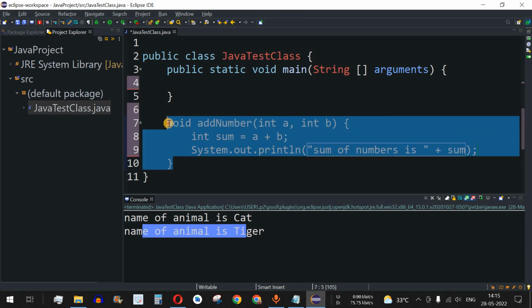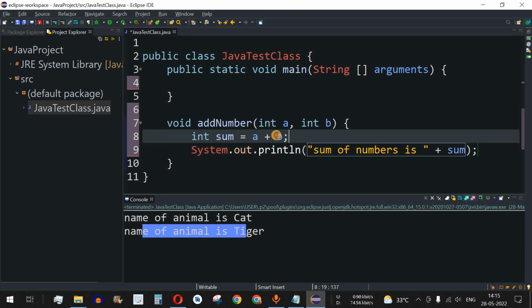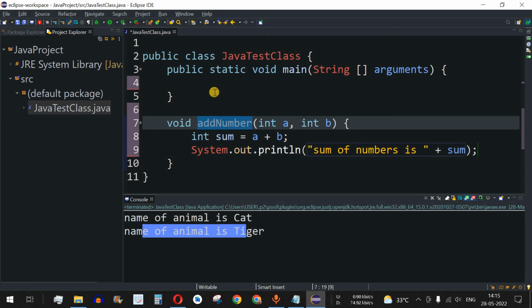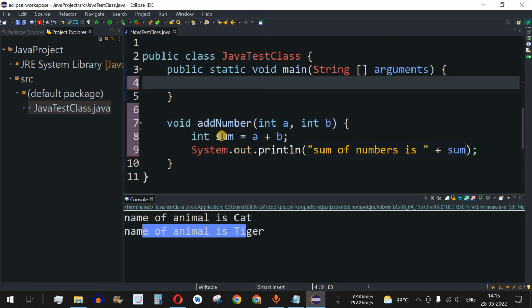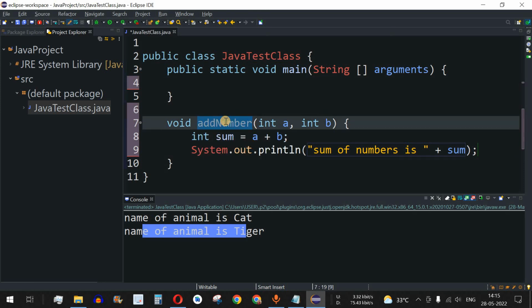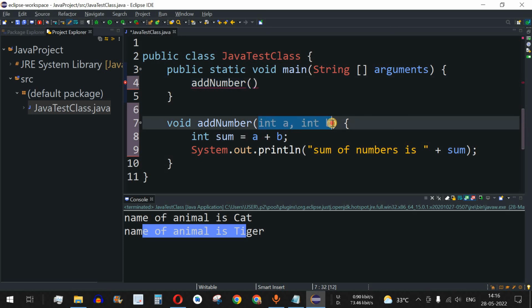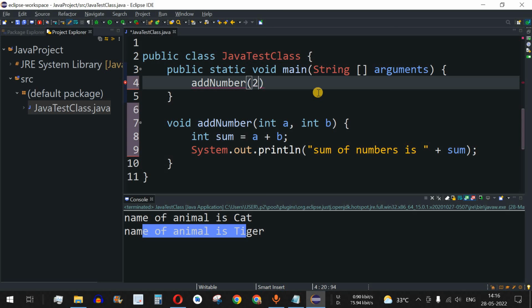So we have already defined a function over here that will add two numbers and print the sum of those two numbers. Now guys, the only thing that is remaining is to call this function. So from the main method we are going to call this function. I'll just copy this addNumbers over here and paste this, and inside this we are going to pass two numbers since it is expecting two numbers. Let's say the first number I provide is 2, followed by a comma, and then another number that is 3, and then we'll have a semicolon.